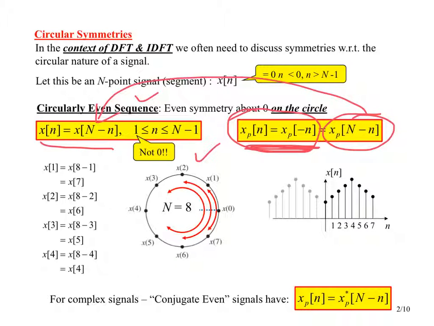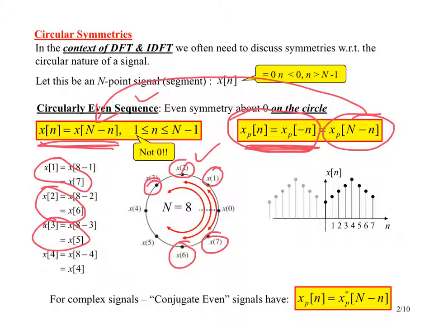If we evaluate this function here, for the N equal to 8 case, x1 and x7 have to be equal, and so we have this symmetry, which I've illustrated with that first curved arrow, and then x2 and x6 must be equal to each other, x3 and x5,